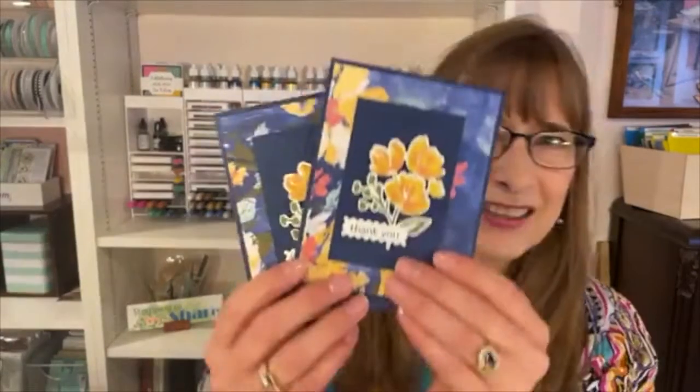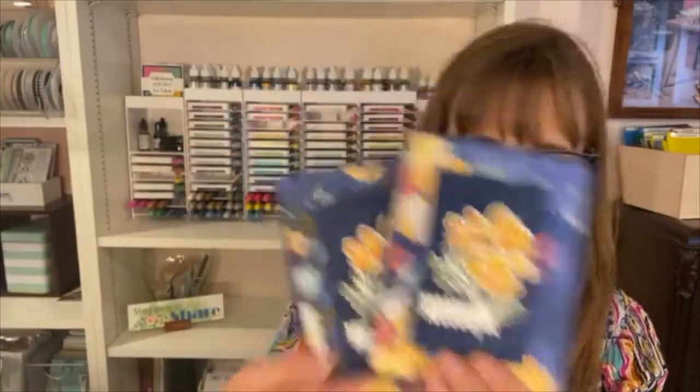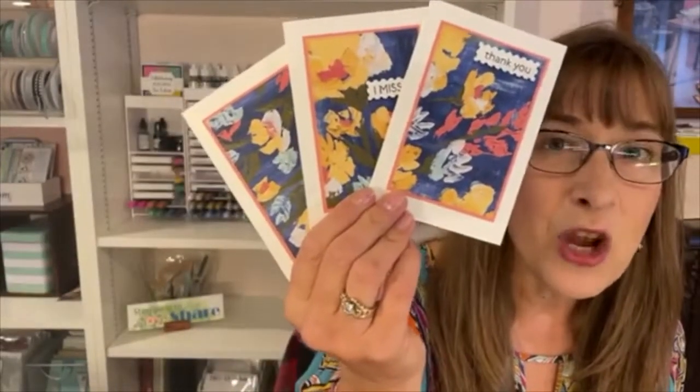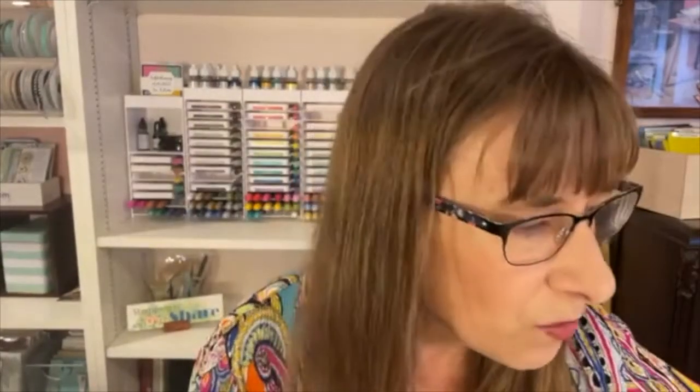The cards we're making today look like this. And we're also going to make a couple more cards from some of the scraps. And they are going to be with the note card size. So it's going to be super fun, but I do want to let you know that you only have today